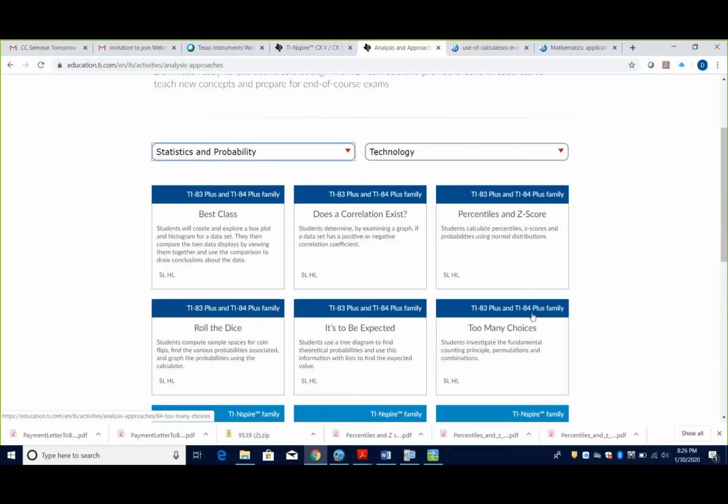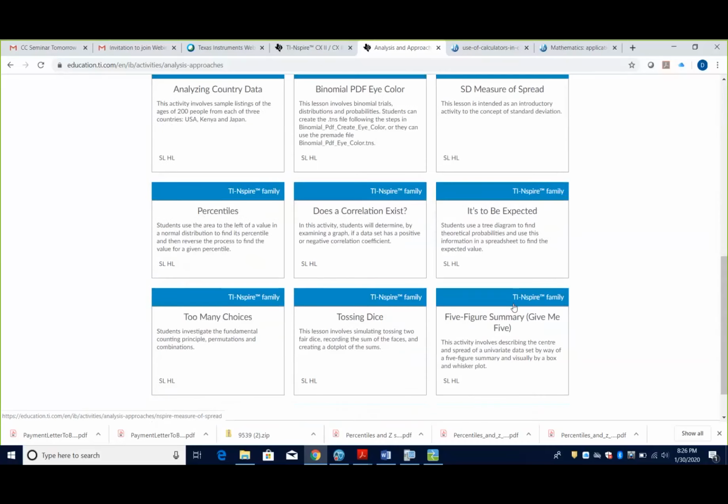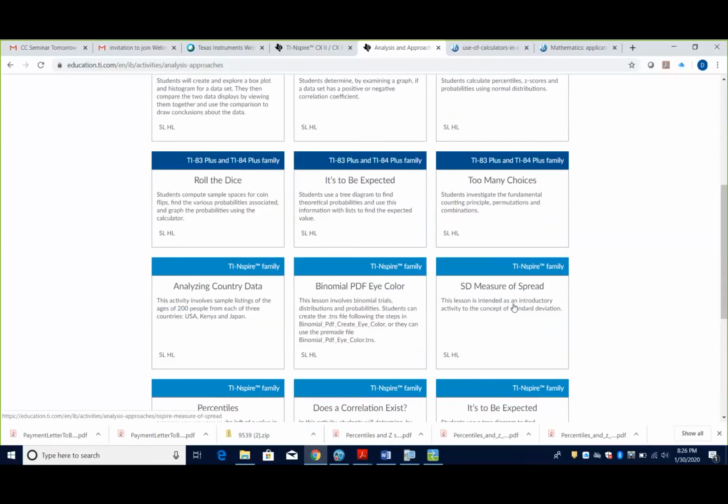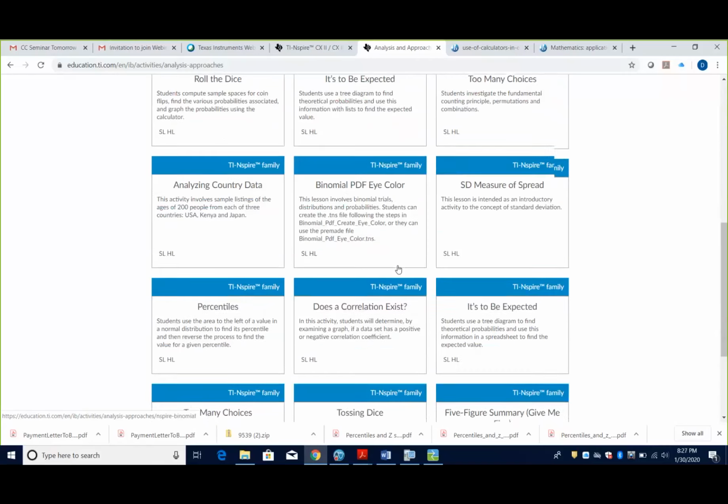I want to find what I can to help you out for the 84s. Having said that, there are going to be a little bit more of the Inspire, just because as we update the technology, we're doing more with the Inspire and a little less with the 84. So the dark blue will be your 83 and 84s, and the light blue will be your Inspires.